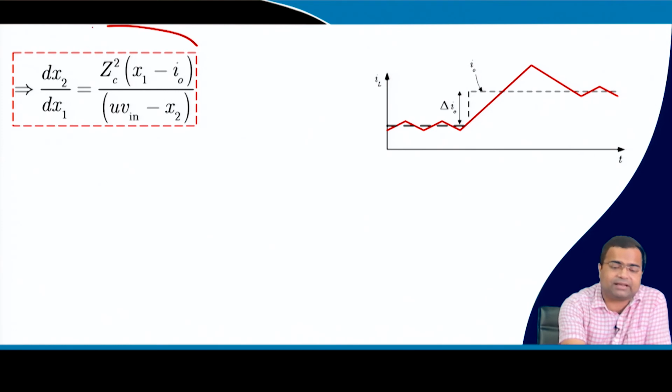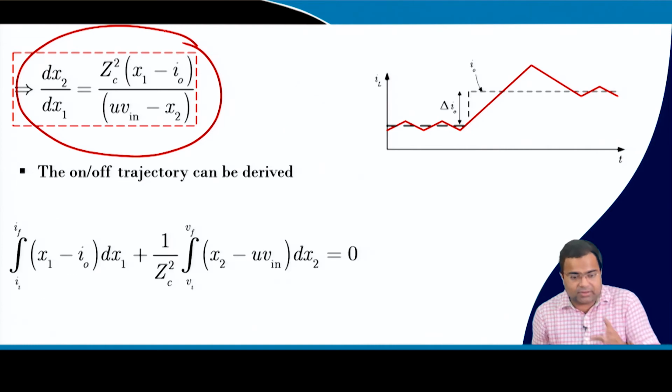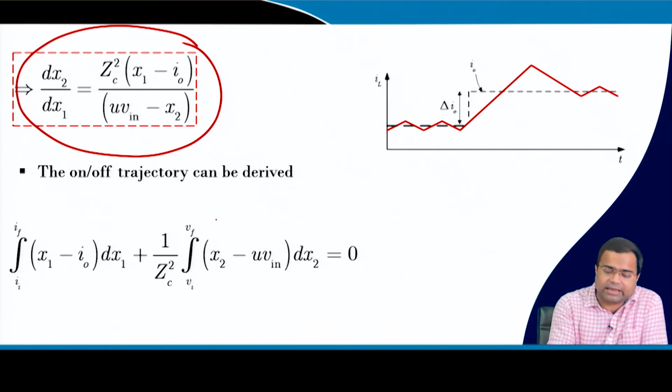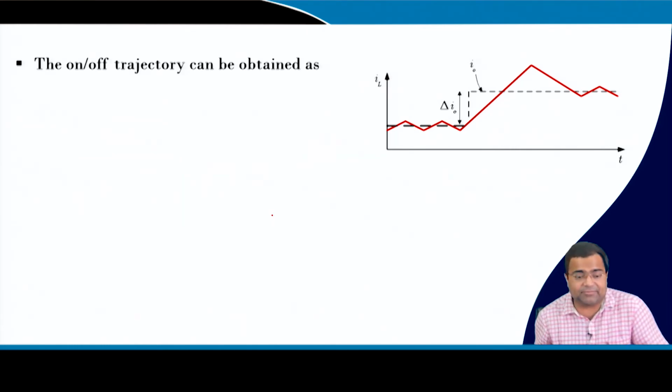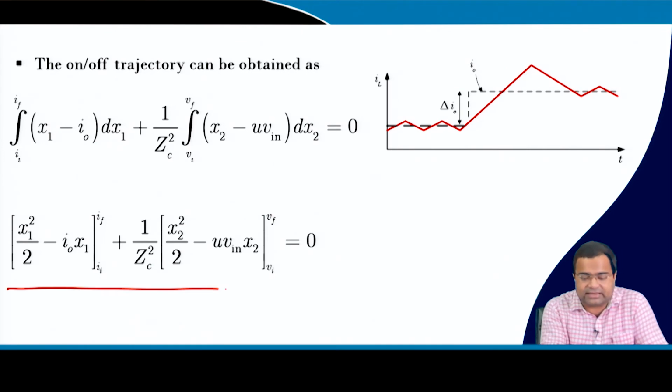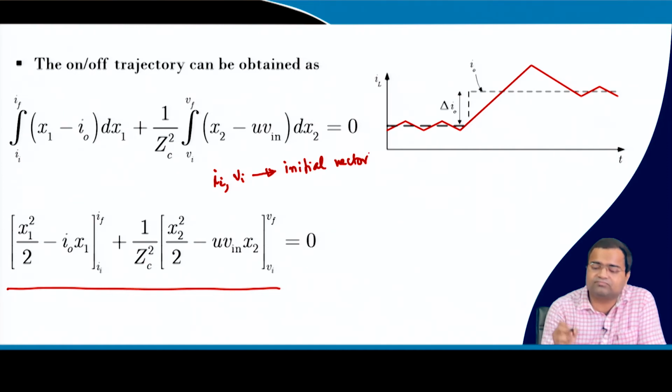Next, we have this equation and you need to solve it, and if you solve it, it will give the trajectory equation. So, the common solution is this, where q will determine, or here it is u, in this case u. So, here it is nothing but q equal to 1 or 0. The common solution of this trajectory can be obtained by putting in a definite integral, and if you solve it, you will get a generic form like this, where Ii, Vi are the initial vector, and If and Vf are the final vector.